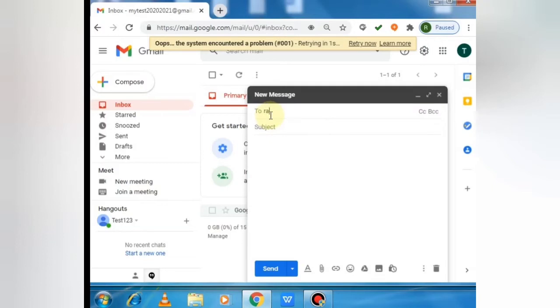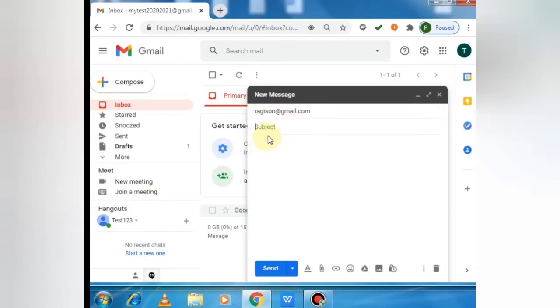There you have to type the address of the person who is the receiver. So I am sending a mail to my ID, ragesan@gmail.com, and then comes the subject field. In the subject field, you have to write something related to the content of our mail. So I am typing here: test mail 1.